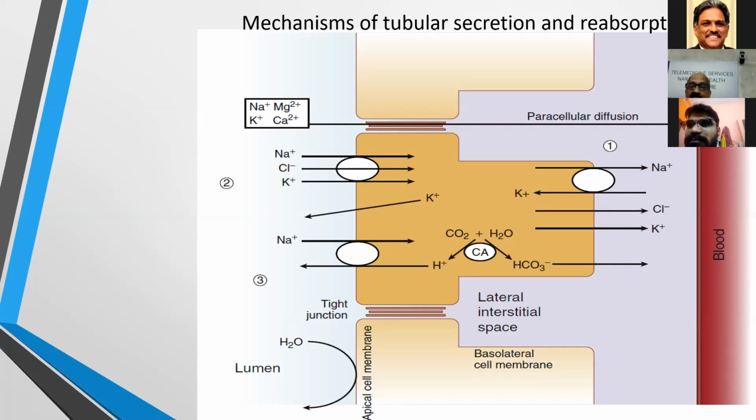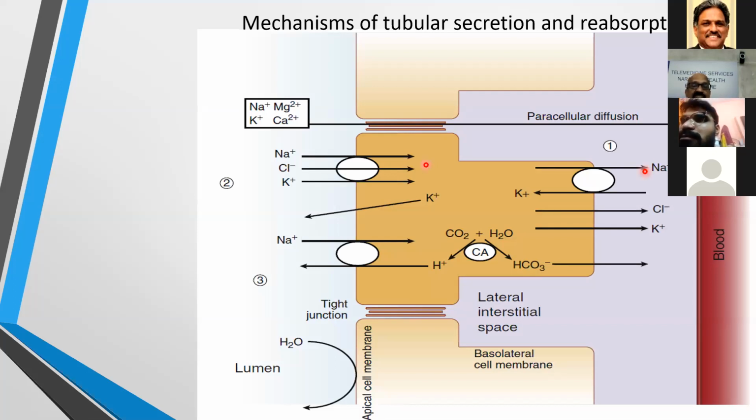And the major mechanism which is important in this is the sodium potassium ATP pump, which is present on the basolateral membrane, which is responsible for pumping out sodium into the interstitium against the concentration gradient,